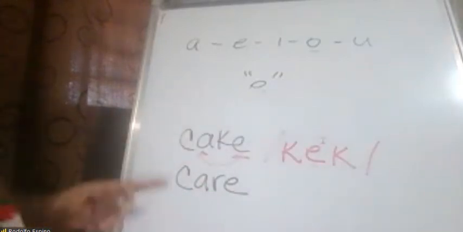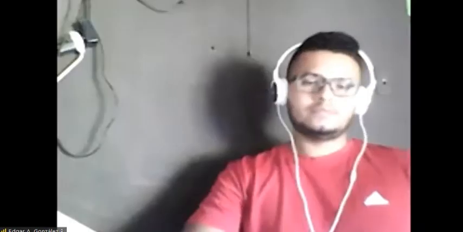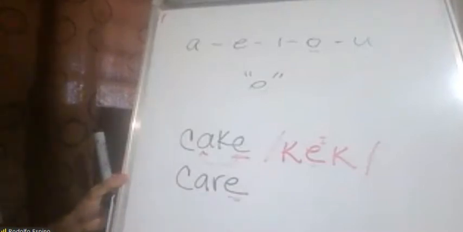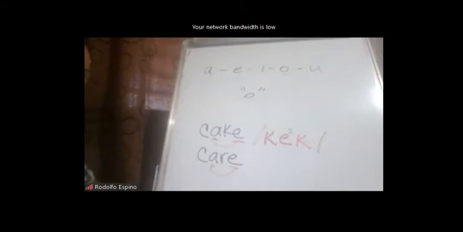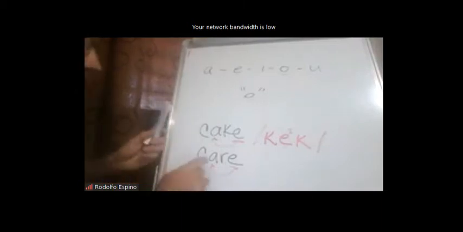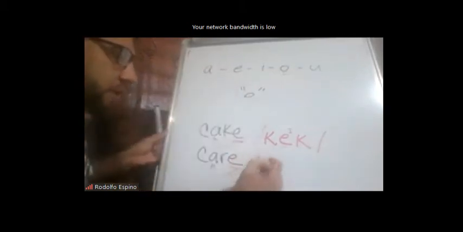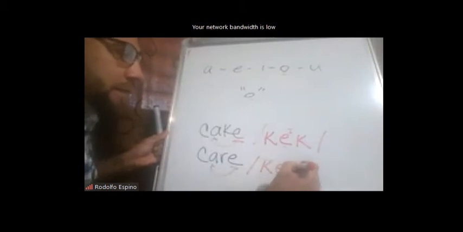How do you pronounce this one then? Care. Okay, care, right? What happens here? There is a silent E, right? If there is a silent E, this sound should be pronounced as AE, right? Because I already gave you the rule, and then you will say, you know what, this rule is inconsistent because this guy is telling me something and it doesn't apply to all the words. Okay, let's do something. Let's transcribe it as cake and then see what happens. If we transcribe this word like this,